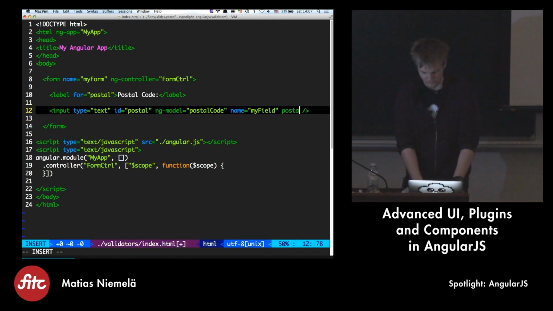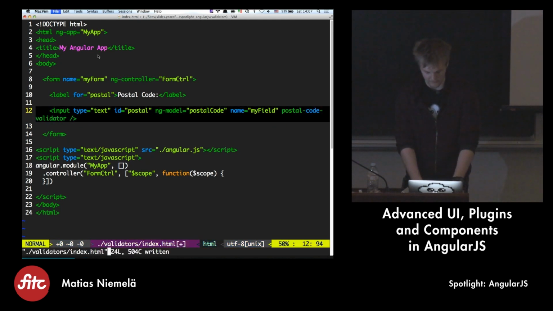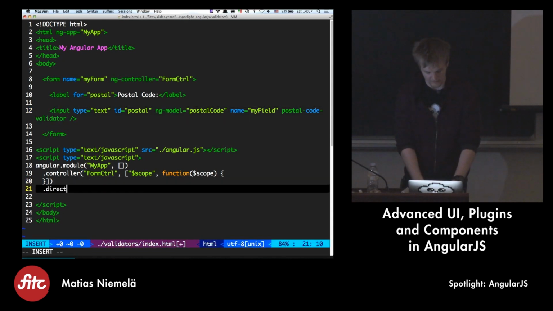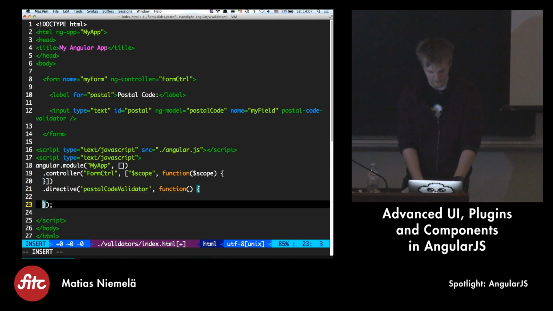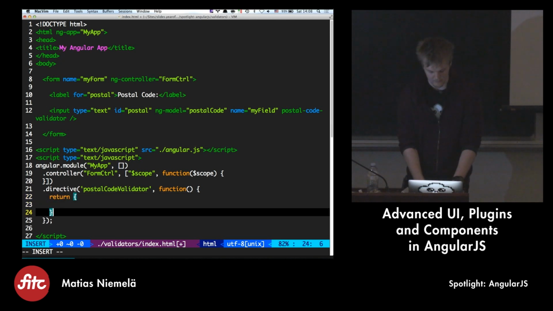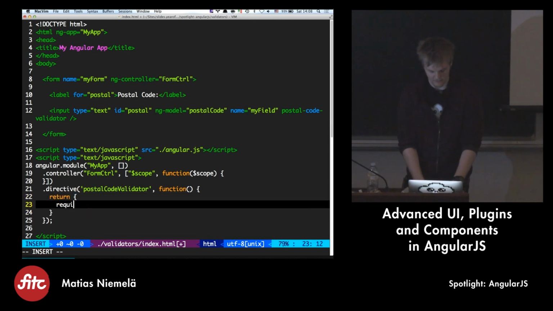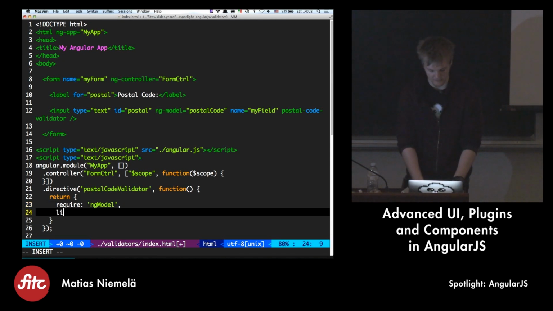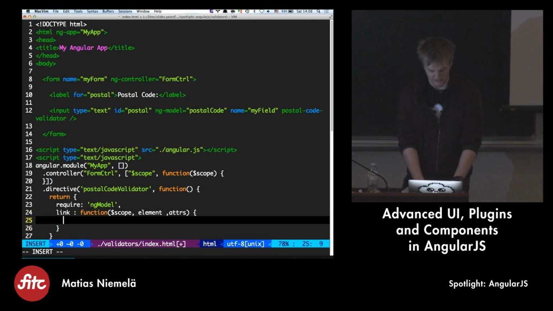So let's add something like a postal code validator for this one, which is going to validate a Canadian postal code. And if we do something like directive postal code validator, if I require NgModel, and I'll explain what this does in a minute, what I can do with this validator is,